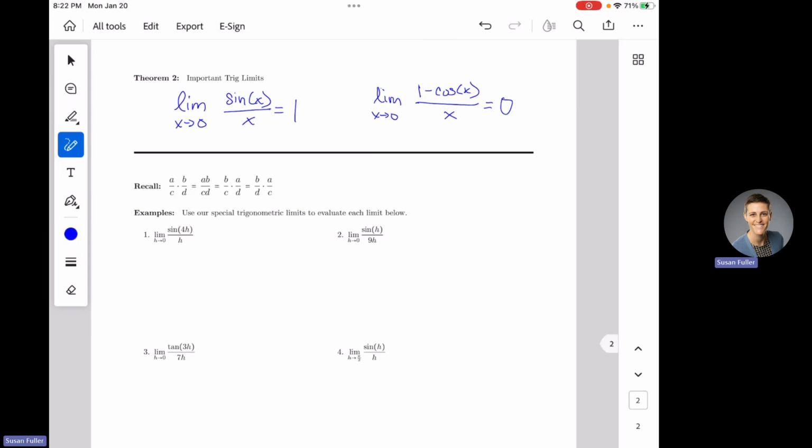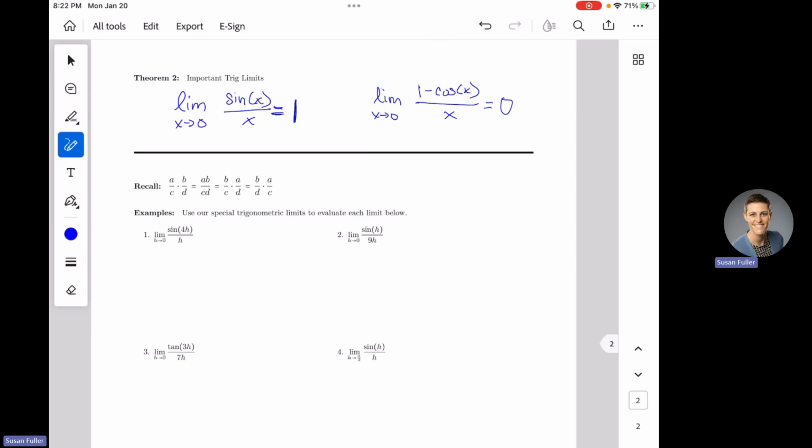Okay, so these are going to be special important trig limits that we can just use. You won't have to justify these for me from here on out. If you see the limit as x approaches 0 of the sine of x over x, you can just say that equals 1 because it's a special trig limit. One of my colleagues here calls these two trig limits gifts, right? They're just gifts. We're just handing them to you, and you can just pull them out whenever you want and